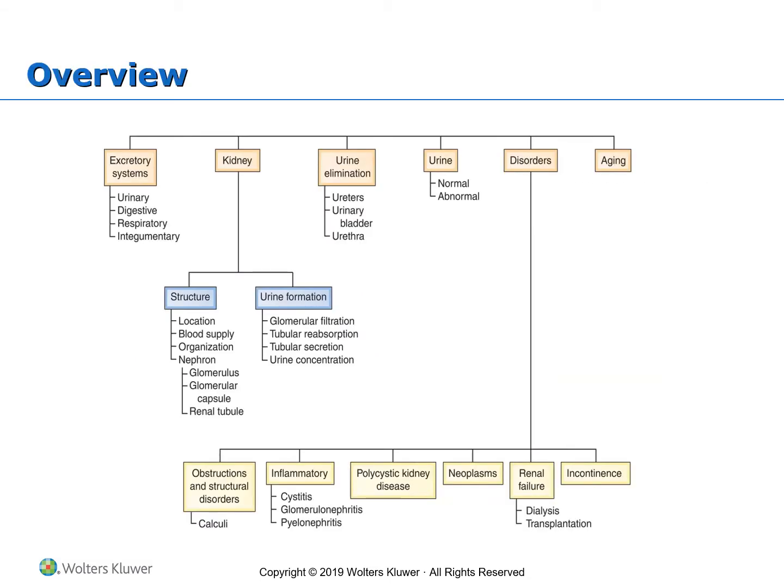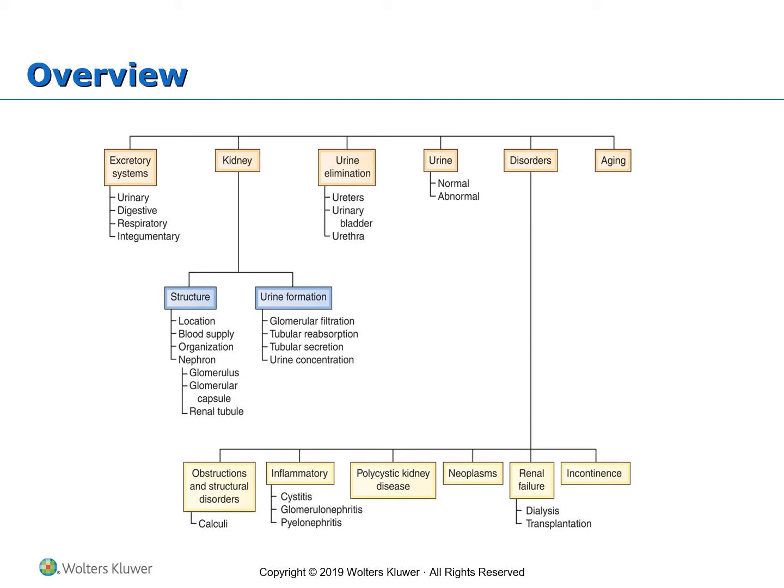An overview of the current lecture, including a presentation of the excretory system that will include urinary, digestive, respiratory, and integumentary systems, describing the anatomy of the kidney in terms of structure, as well as the physiology of the urine formation at the level of the kidney, urine elimination process with a description of the ureters, urinary bladder, and